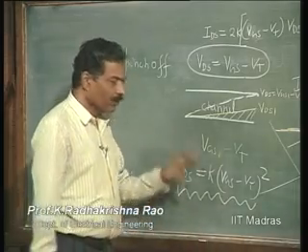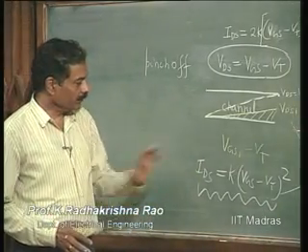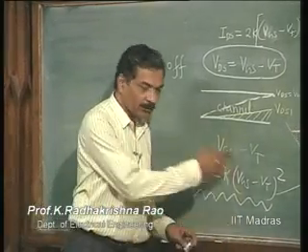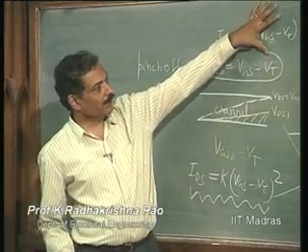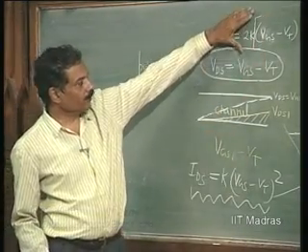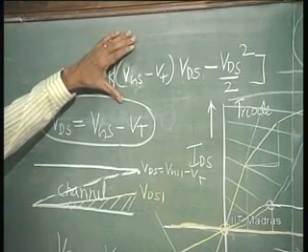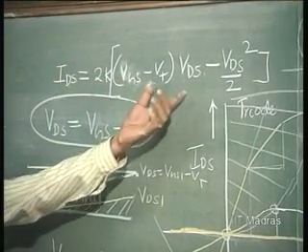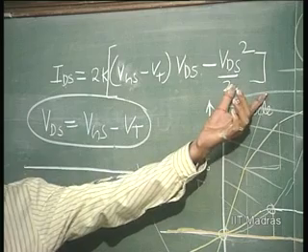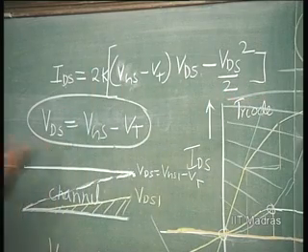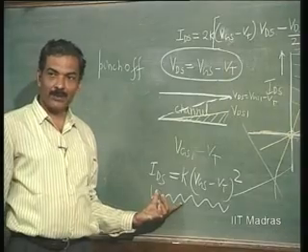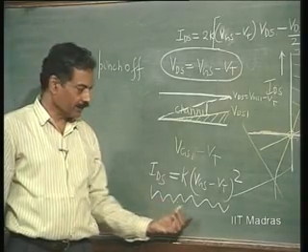More than that, we are not interested in learning as far as this equation is concerned. It is enough if you understand the regions of importance. Once again, this is the triode region where it is linear and then there is a square law getting subtracted, and at this point it is pinch off, and beyond pinch off it is current saturation, it is equal to this.